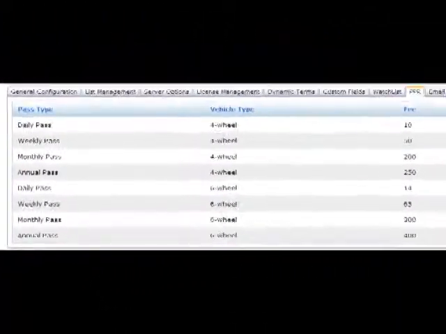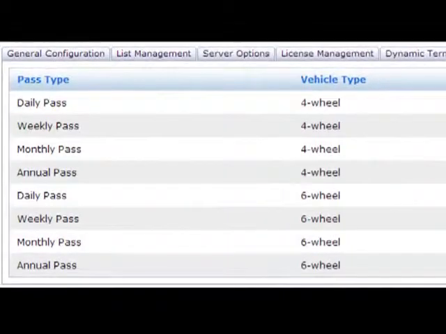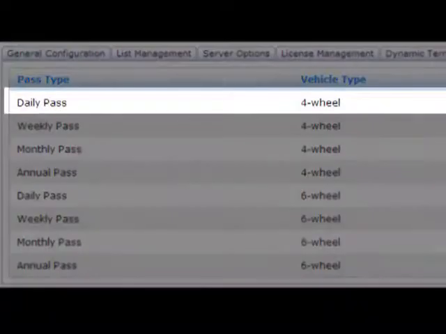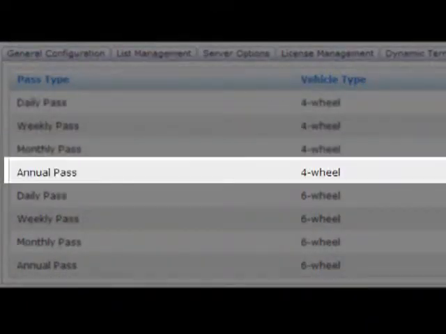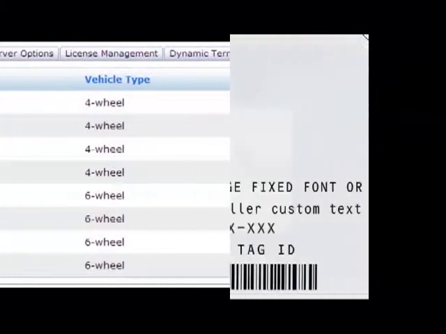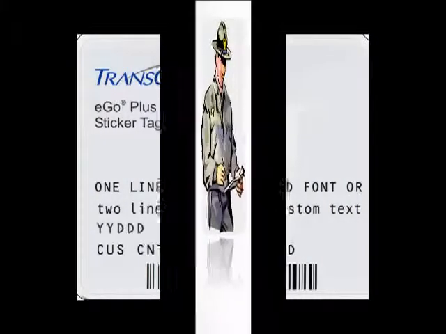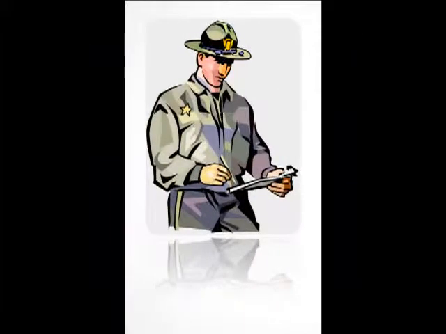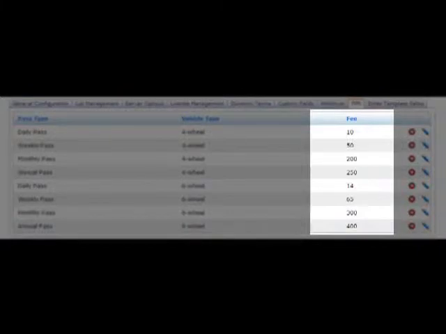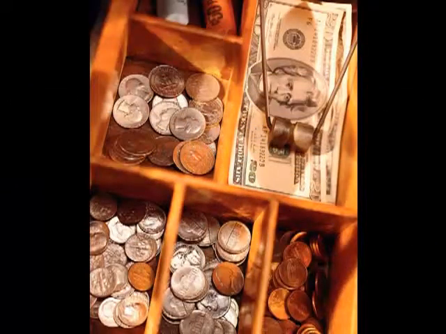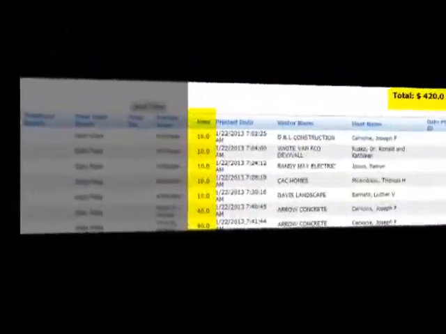Some communities have begun to charge certain visitors, such as contractors, a fee for the privilege of using their roads. We provide the tools to allow the community to sell daily, weekly, monthly, and annual passes, or electronic access control devices to generate revenue to help offset the expense of maintaining roads and to help pay for security staff. We make this a manageable task by allowing you to set the charges, ensure they are collected, and match the collections to an audit report.